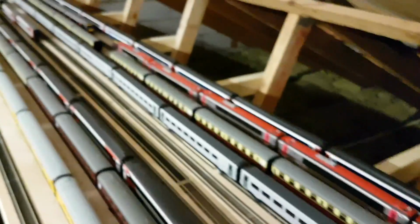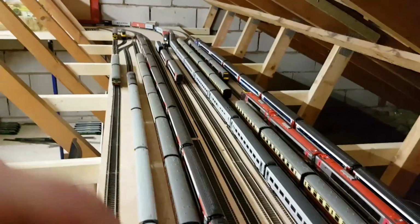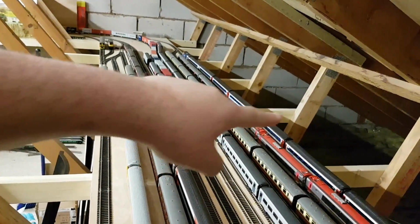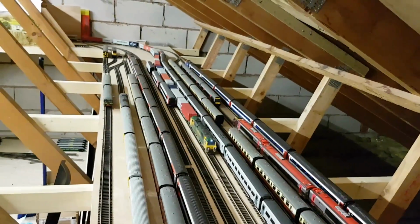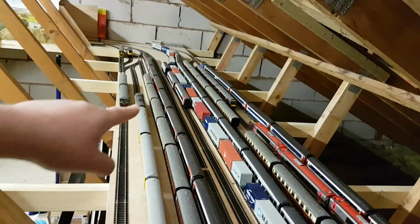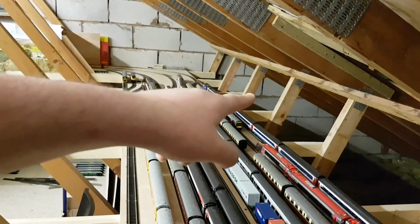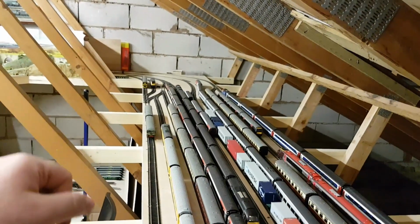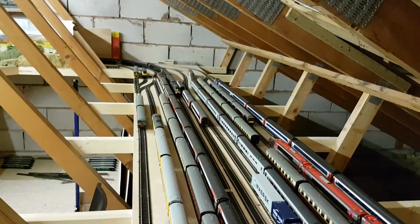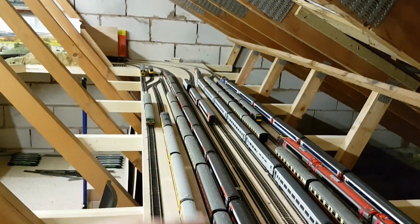What I'm going to do, if I show you this way, just re-prop up the camera, as you can see, this is my freight yard. These battens here, the gap there is about 12 inches. A genuine 12 inches, not a man's 12 inches. I'm going to extend that way. I'm going to have my freight yard push it up and over, smooth out the corners, maybe not to 60 inches like the scenic half, but I'm going to smooth out the corners and have my freight yard behind the scenes. This newly acquired space that I will gain, I'll put a scenic board up,